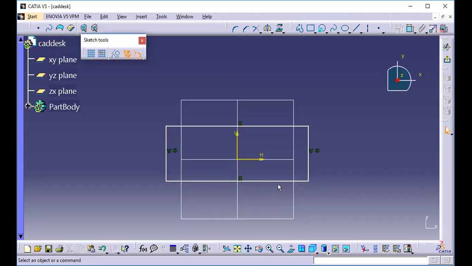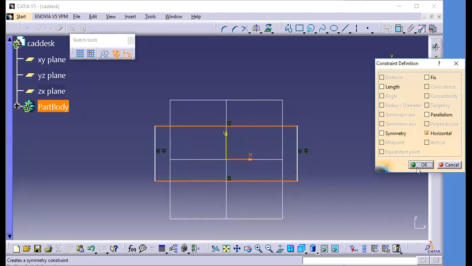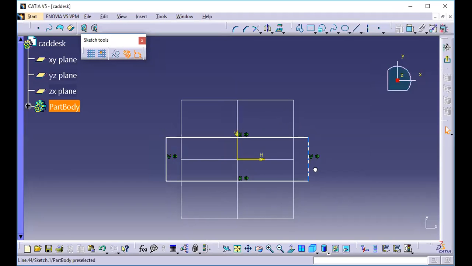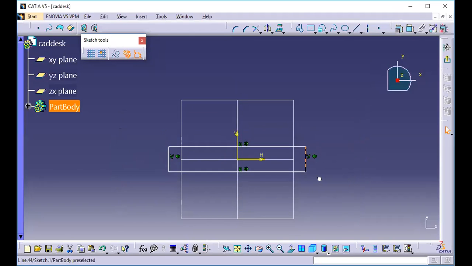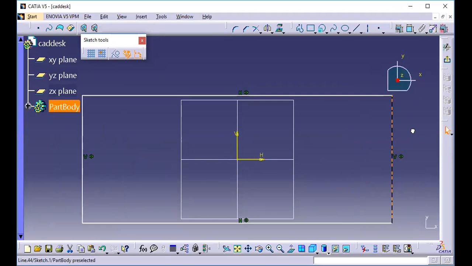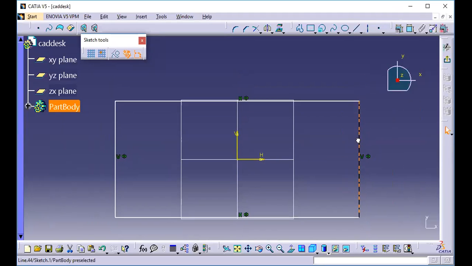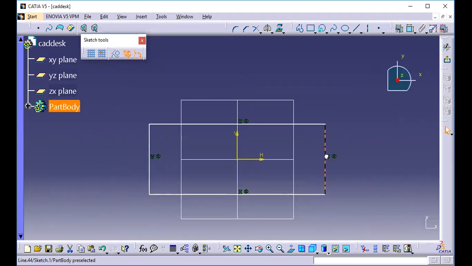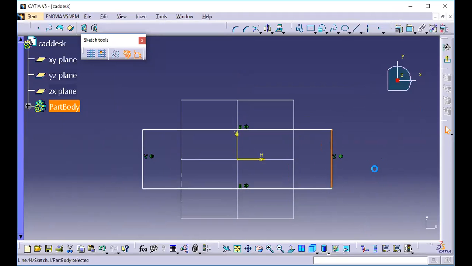Again same. Now these are for vertical lines. I am giving the same for the horizontal lines. Select these two horizontal lines by pressing the control key. Then you select this axis and go to your constraint dialog box. Just go to symmetry. So now geometrically this drawing is constant. See. So if you are moving in this direction, it is moving on both sides. Now the geometrical constraint is applied.